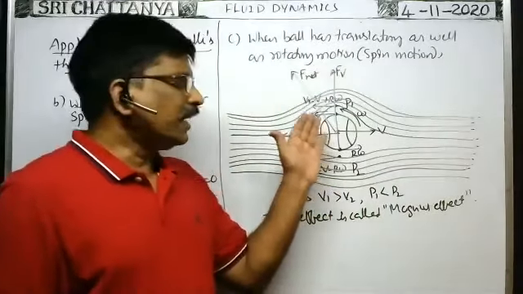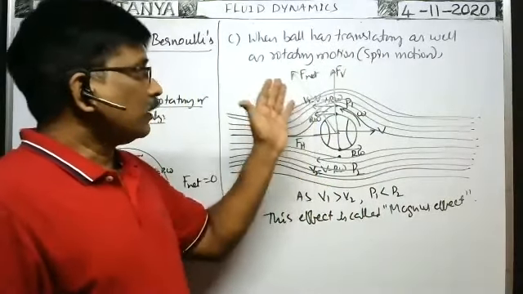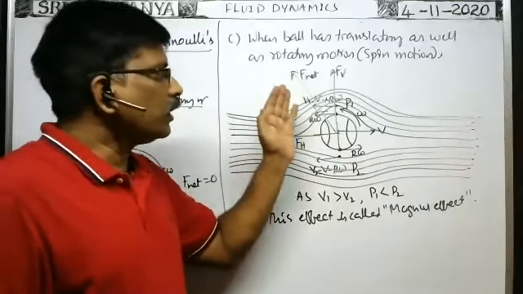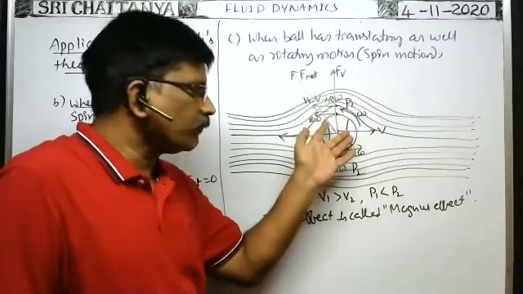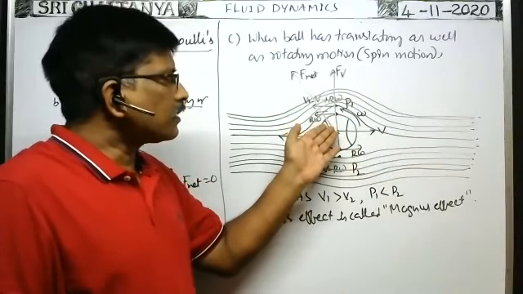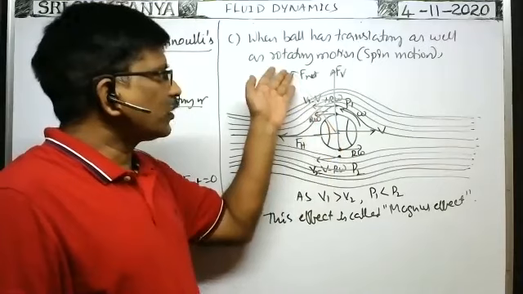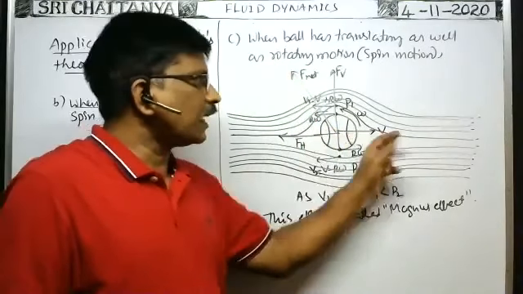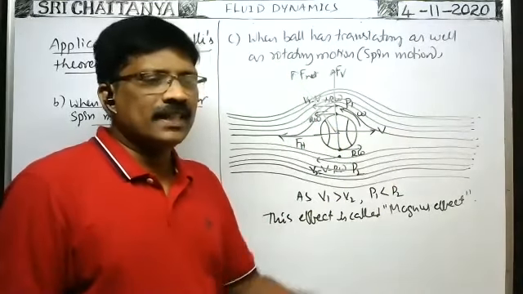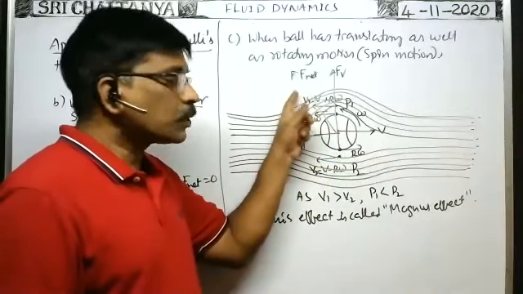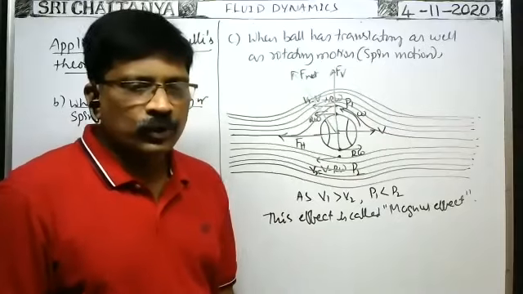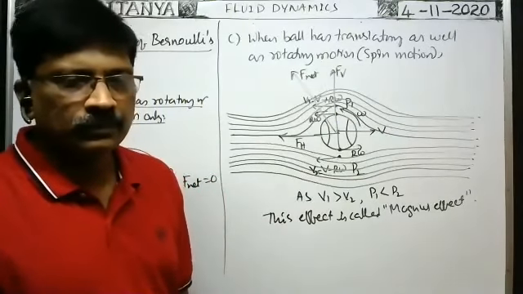Here you see, in case of a spin bowler, when the ball is thrown into the air towards the wickets with a spin motion, the ball experiences a resultant force in one direction, whereas the velocity of the ball is in another direction. So the spin bowler practices the bowling such that the net force is towards the wickets.